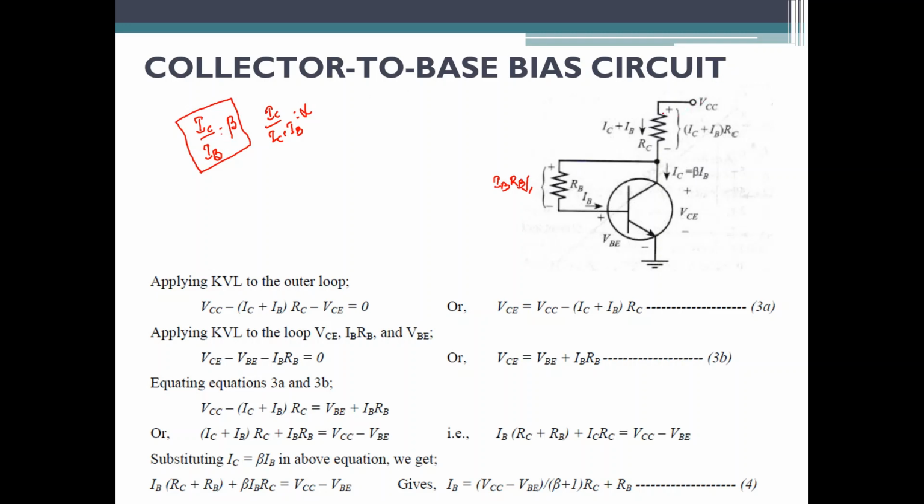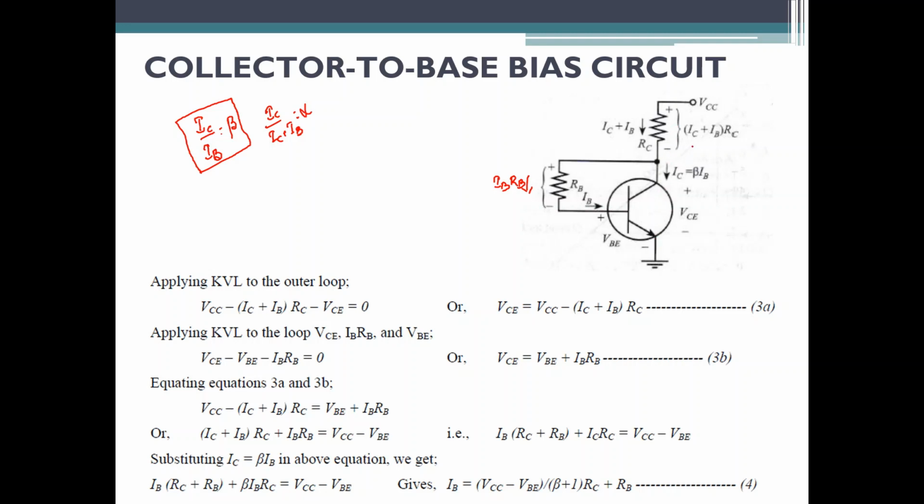As I said, you need to connect VCC. Connection of VCC will make current IC flow between the collector and emitter. The same collector current needs to give its part to the base, so that there is a sufficient voltage drop VB across the base and emitter, so that my current can flow between the collector and emitter. So this is how my circuit looks.